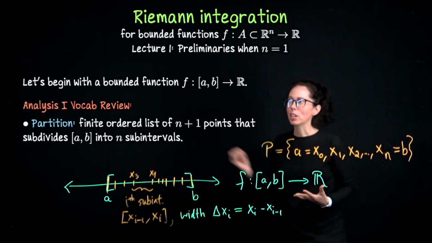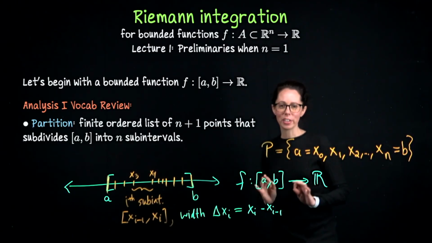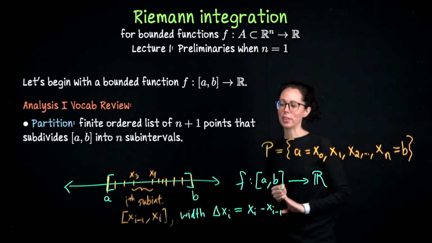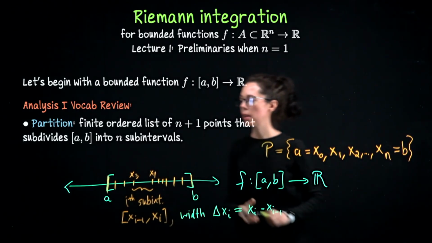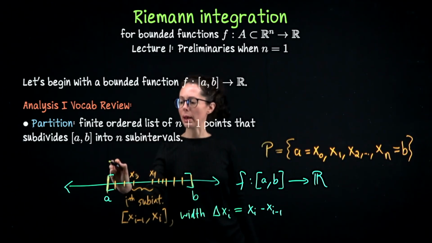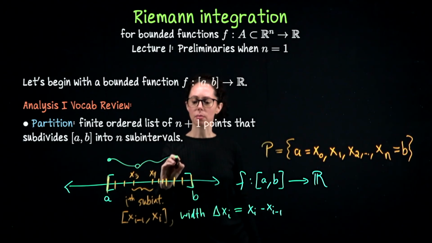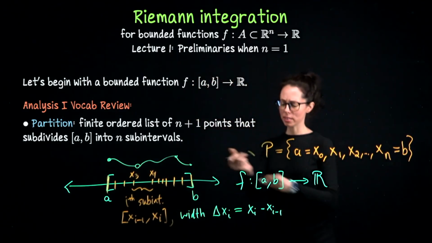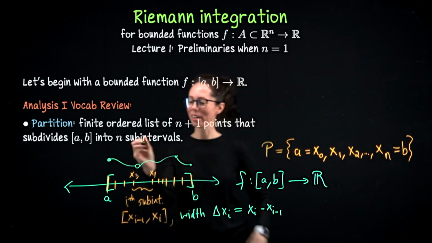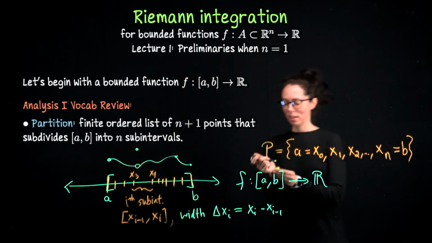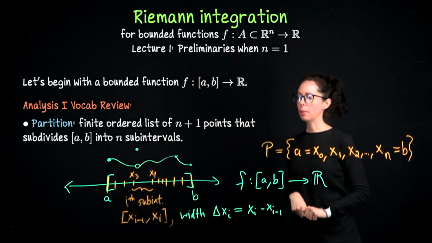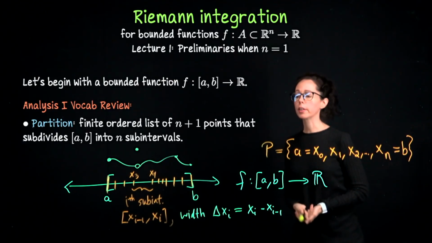So often when we draw a function, we draw something continuous, right? So train yourself when you're sketching notions with integration not to always draw continuous functions, but they should be bounded. We're not talking about improper integrals that have asymptotes and things like that. Oh, this is continuous. I was trying to draw something not continuous here. There we go. Okay, so it should be a bounded function that we're imagining over the entire domain from a